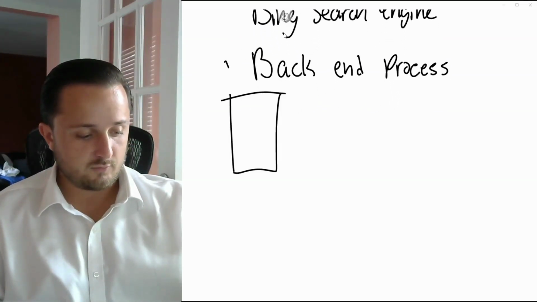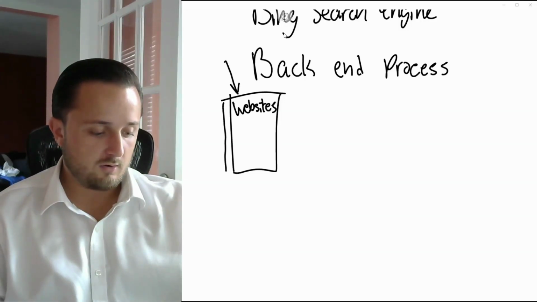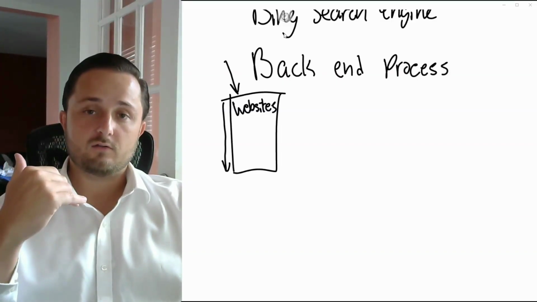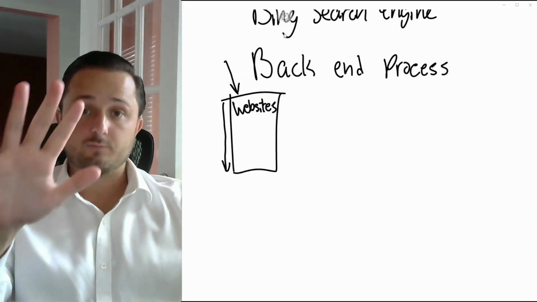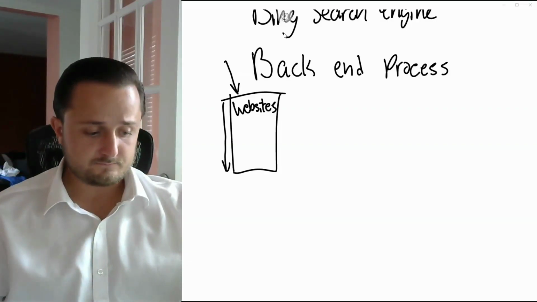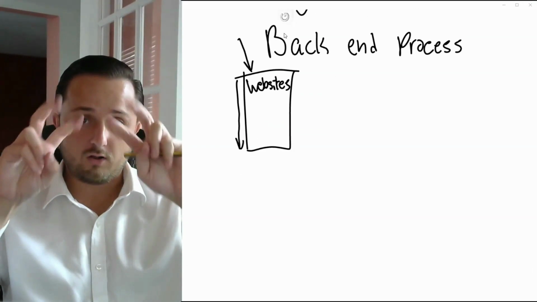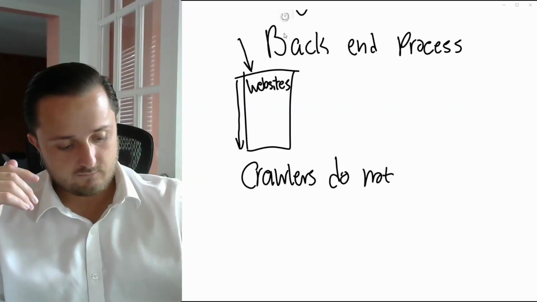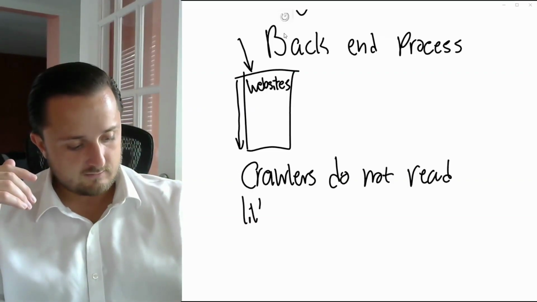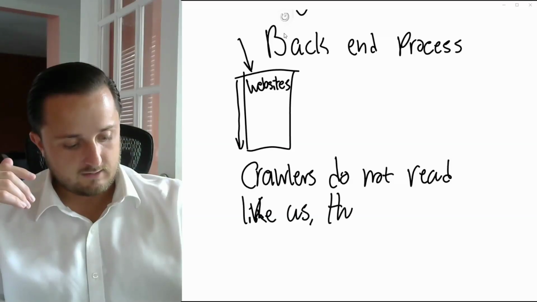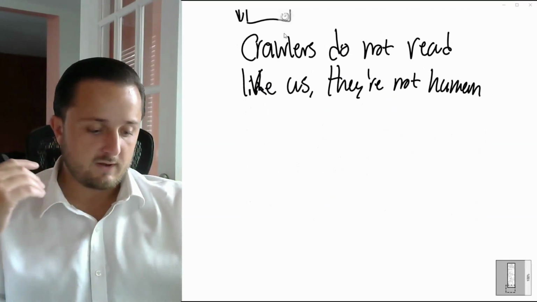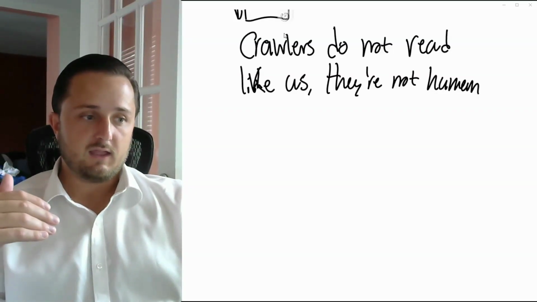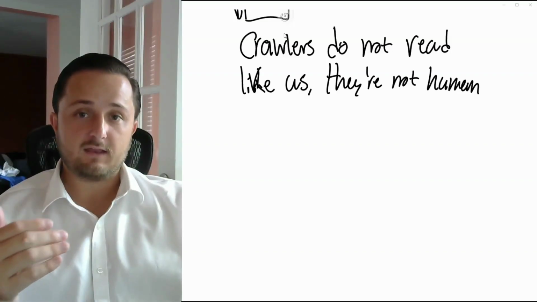where all of these search engines will go to websites and they will crawl. What crawling means is that these search engines will send somebody like a robot. They will send a robot to your website. On the website, they will crawl it, they will read it. Now, they do not read like us. They're not human. So what I mean when I say that crawlers do not read like us is, when a crawler comes to your site and visits it,